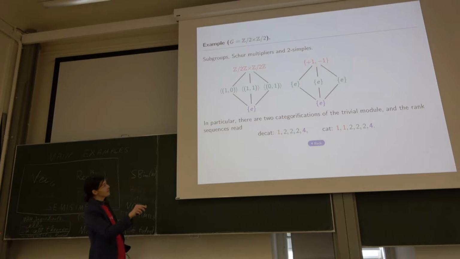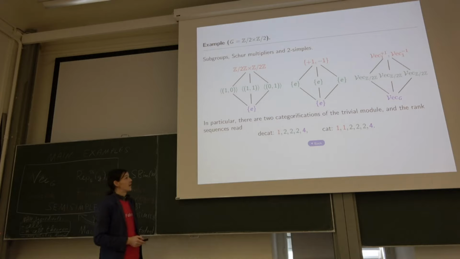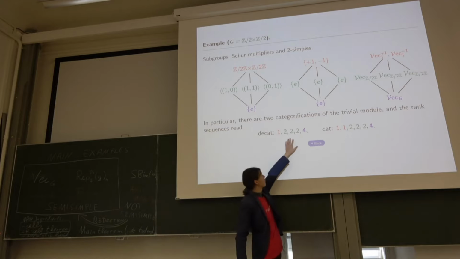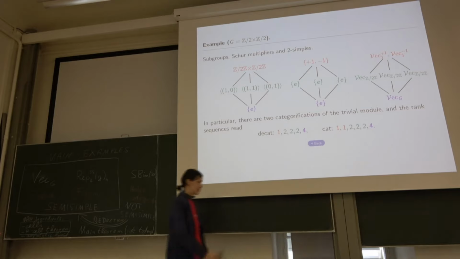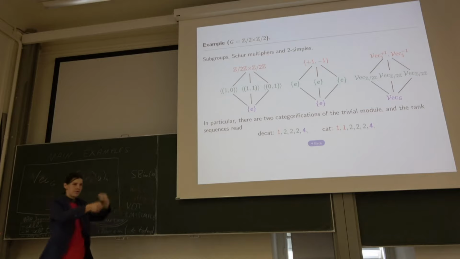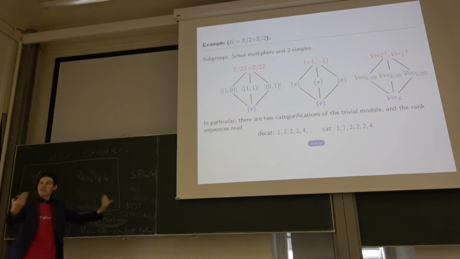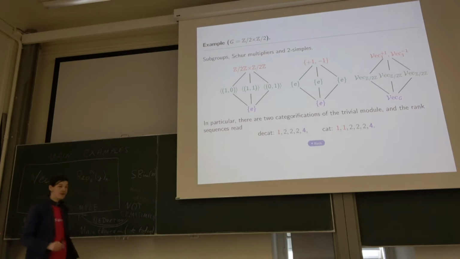And you just check in this case that, for instance, you can twist this representation by a sign on the categorical level, which doesn't work on the decategorical level. In particular, you get two different associated 2-simples here, which you don't see downstairs. And that's why this categorified theory is so much harder. So downstairs you can see this, upstairs this one splits into two, because there's something non-trivial going on, because you can twist your associators, basically. Something really non-trivial. That's why this case is so much harder.